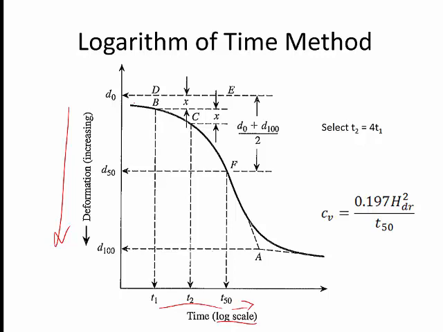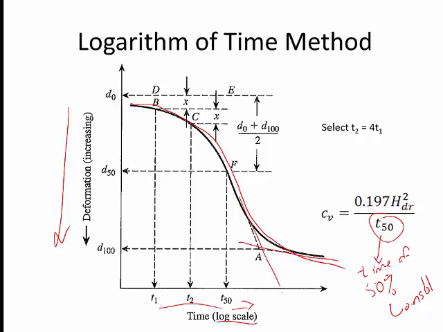And so that typically produces a plot that looks like this. And so what we can do is there's a procedure to determine what the T sub 50 is, or this is really the time of 50% consolidation has occurred. And so there's a procedure to this that's based on the initial drop and